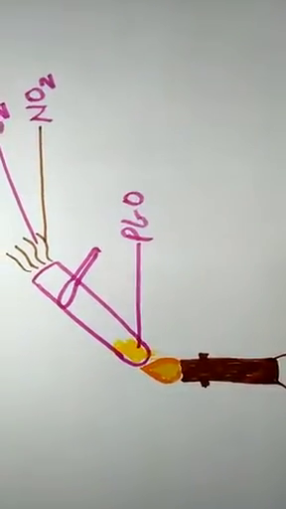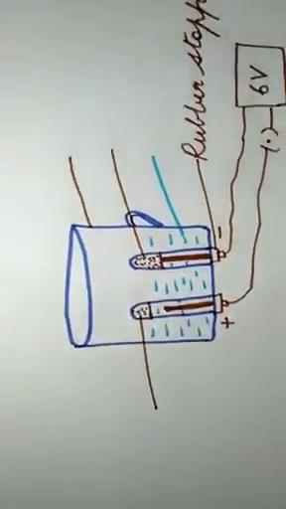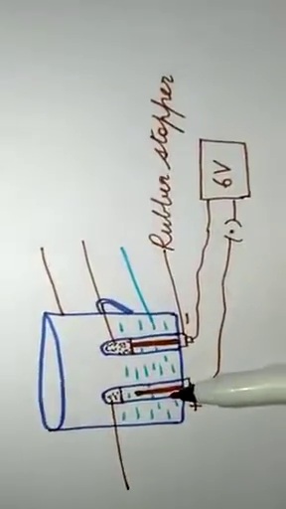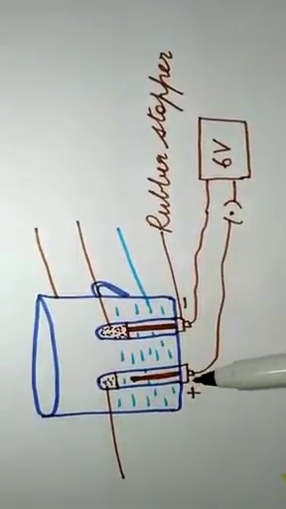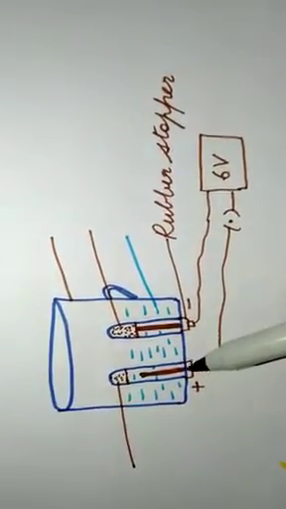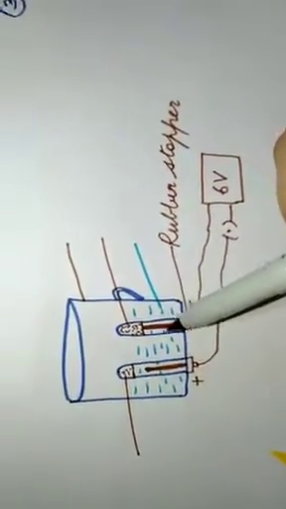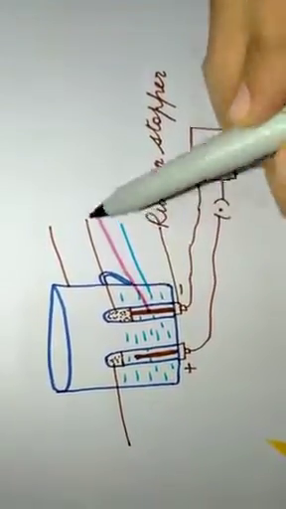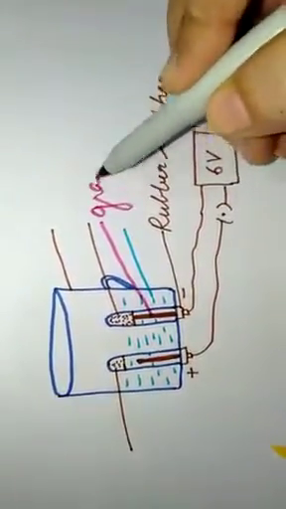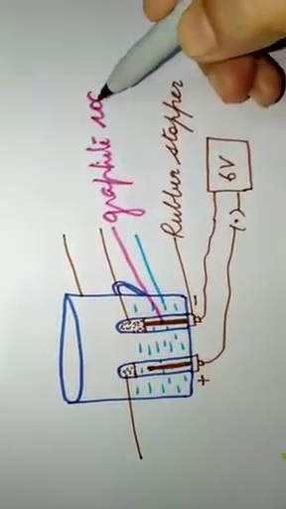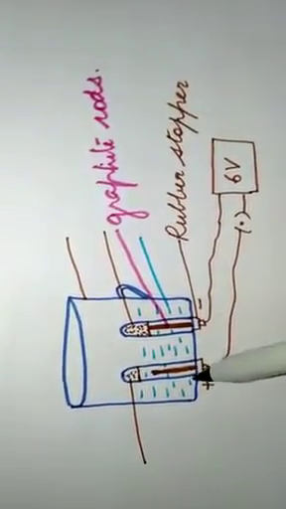Now let us see another type of decomposition reaction, which is known as electrolysis. Here what we do is we take a plastic mug, and in this plastic mug we drill two holes. From here we put the rubber stopper afterwards, and we take two graphite rods. Now these are brown colored ones. These are the graphite rods, or we can say these are carbon rods. Graphite rods here.